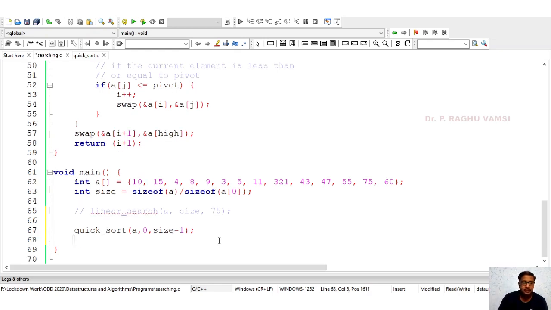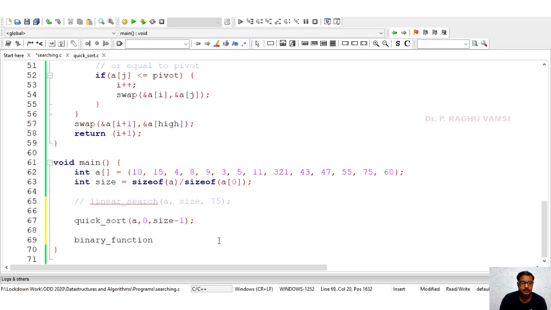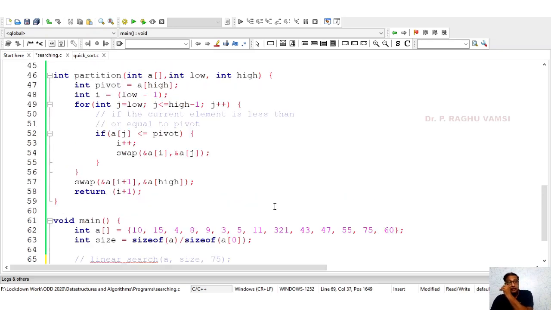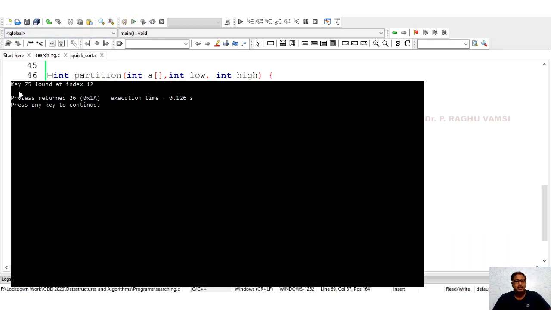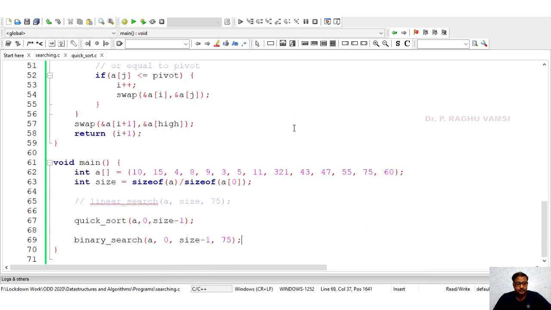After quick sort, we can call the binary search of a comma low is 0, high is size minus 1, and I want to search 75. So the key 75 was found at index 12. So this is the binary search.